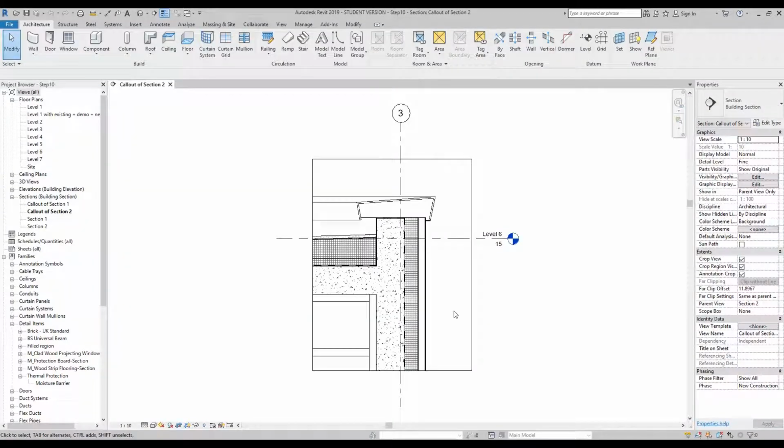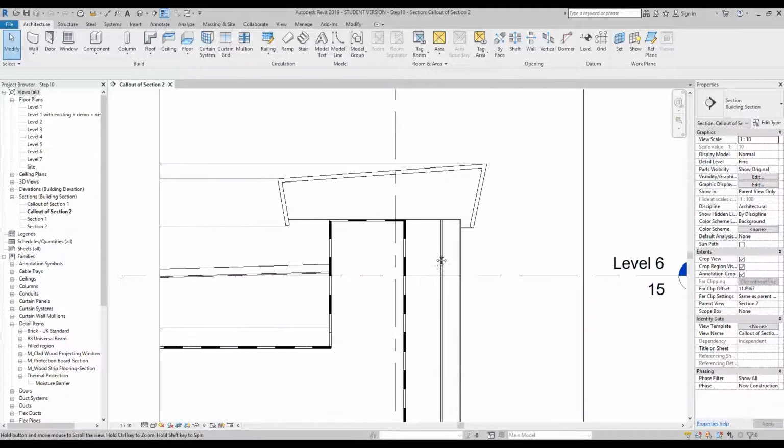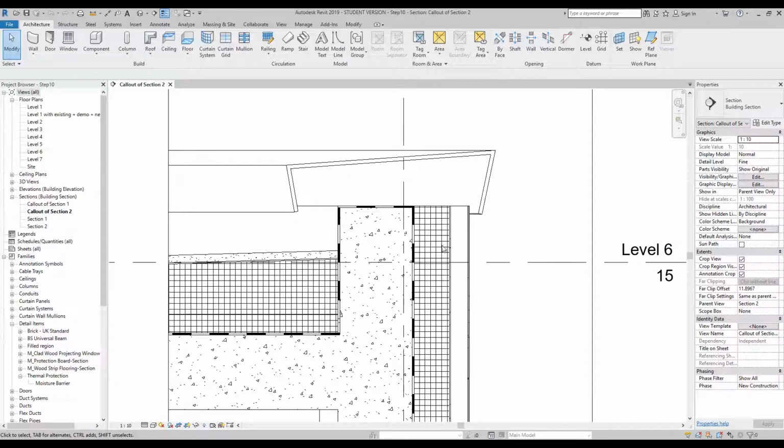Within this stage, we're going to show you how to do a cut profile and tag some materials and show you the element keynote tag. So the first thing we're going to do is create a cut profile, which is a 2D element which talks to 3D components. Again, this is only relative to the view, and ideally, if you're doing a BIM project, this